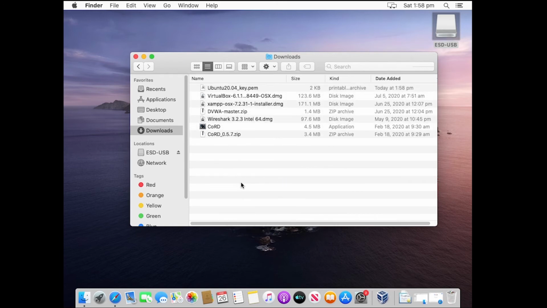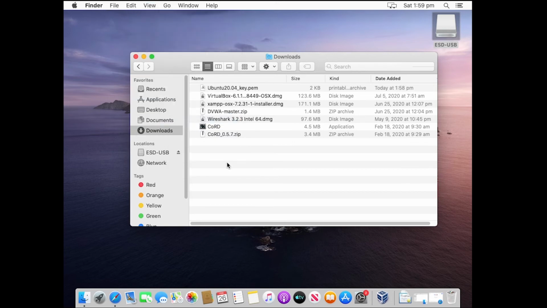If you downloaded the PEM file in your Mac machine from Azure, then you don't need to perform these extra steps that I needed to do for copying the PEM file from Windows to Mac. Anyway, next I will open the terminal in Mac, and I don't see the terminal in dock, so I will go to